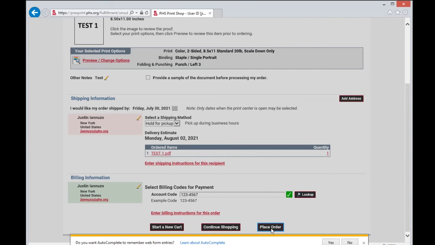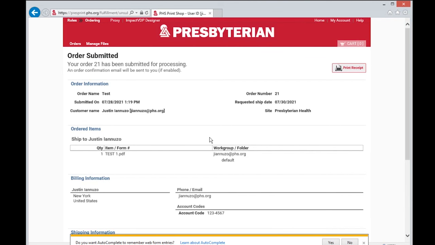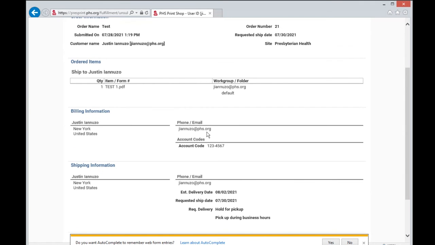And once you place your order, this is what you're actually going to see, also in the email that is sent over to you. You can always print it and just keep this page in your files, but you'll also get an email on that as well. So it's going to have everything from your actual order information to the order name, when